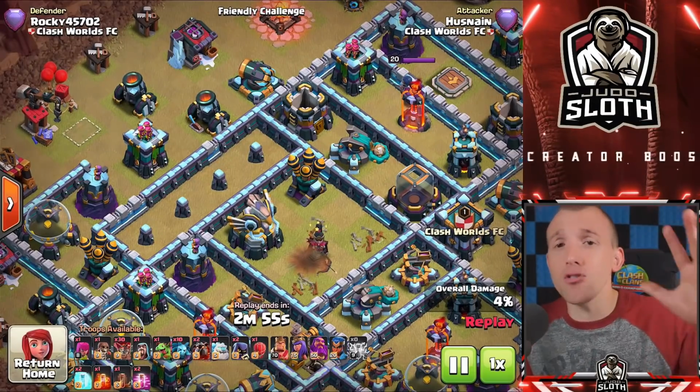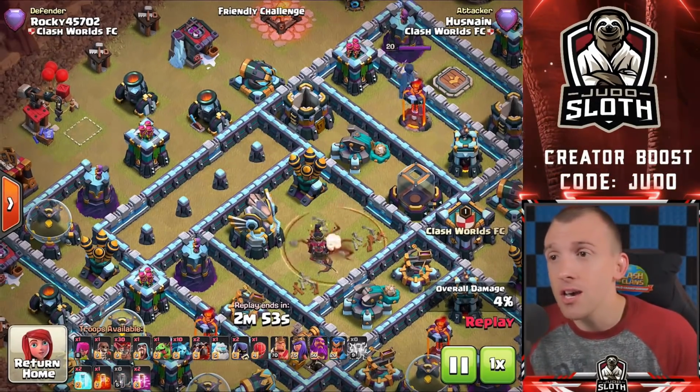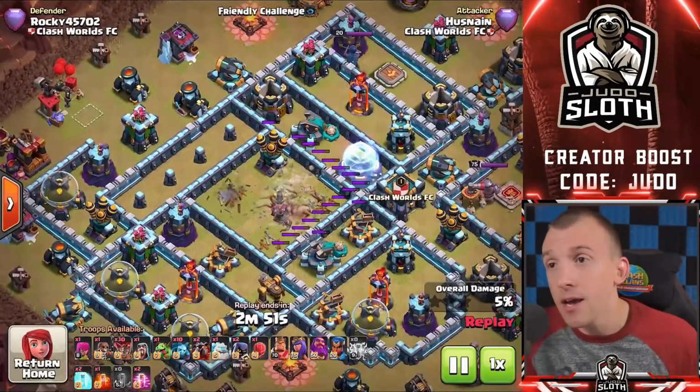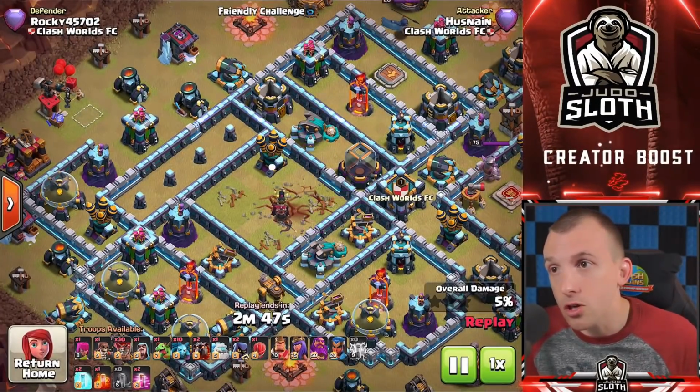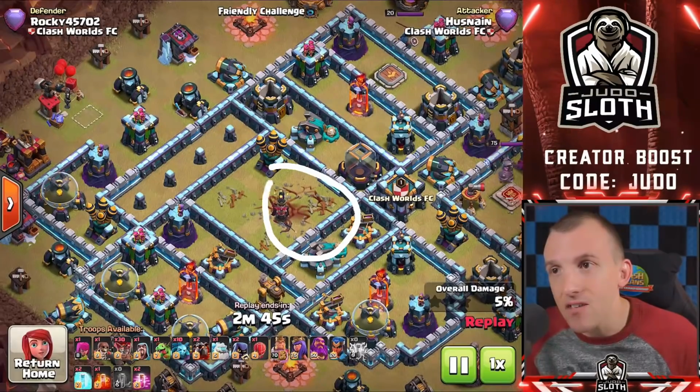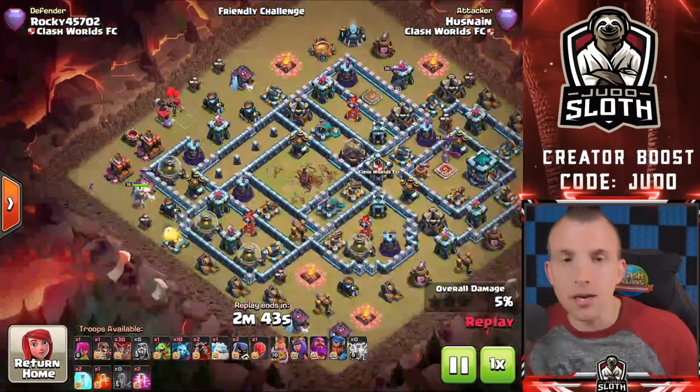Think about offsetting it. So in this one, he could put it just about anywhere. He decides to obviously finish off the eagle. You've got to get the defense you want, but it gets damage onto the air defense, the Xbows, and the scatter shot. Now, if you are a lower level, Town Hall 7 or 8, I'd recommend using the lightning spells,